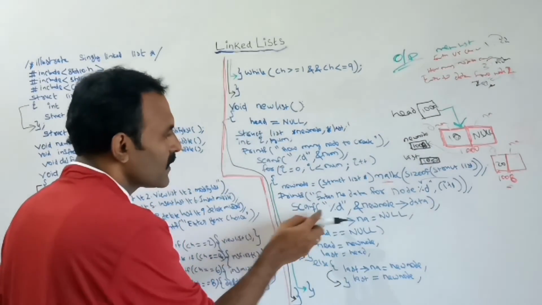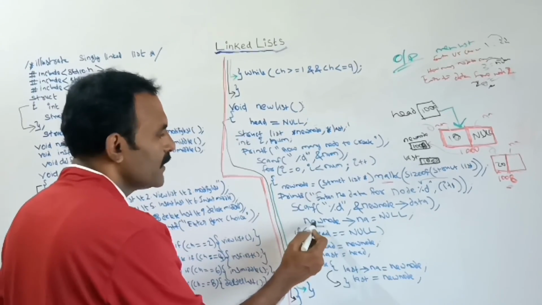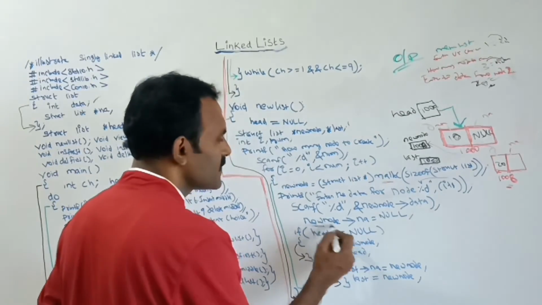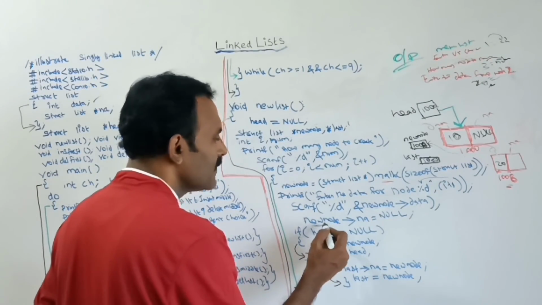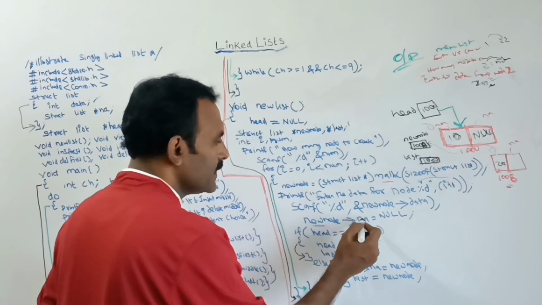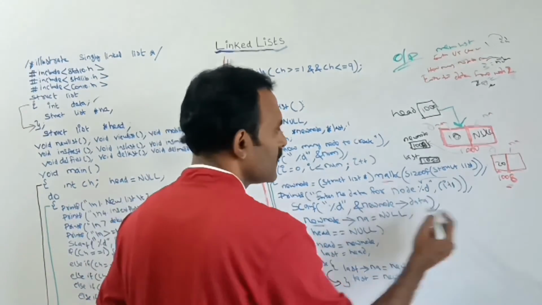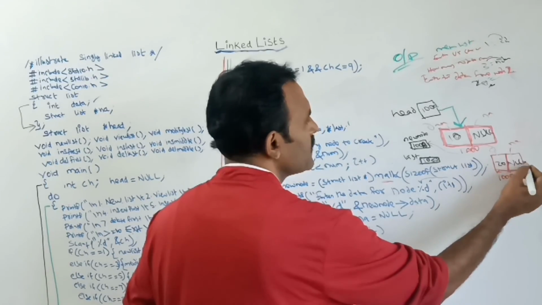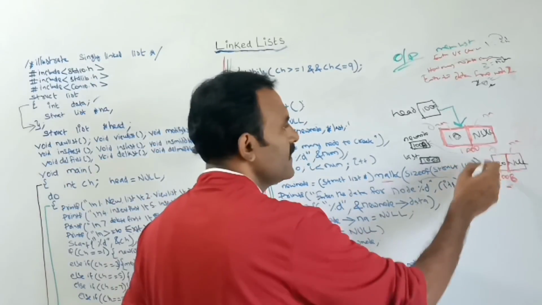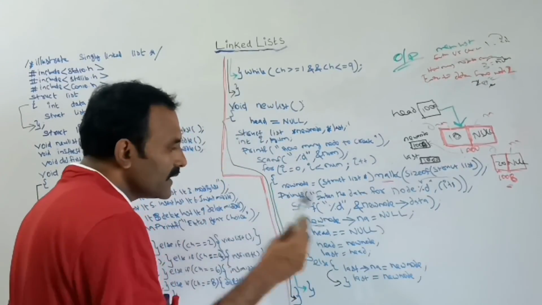Next, new node of NA is equal to null. What is the new node address now currently? The 1008th block of memory, so its NA will be stored as null. So here 1008, this is the null. Here I had created the node. Next I need to link that node.